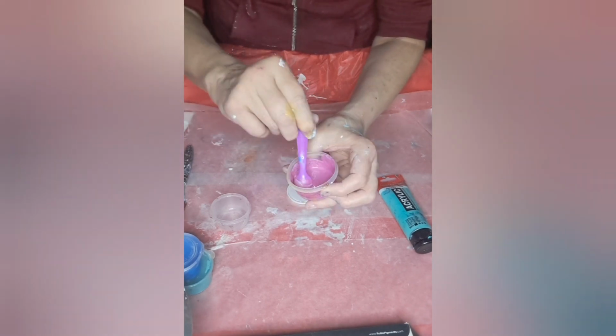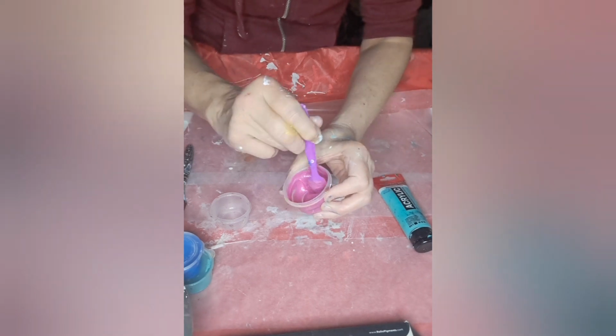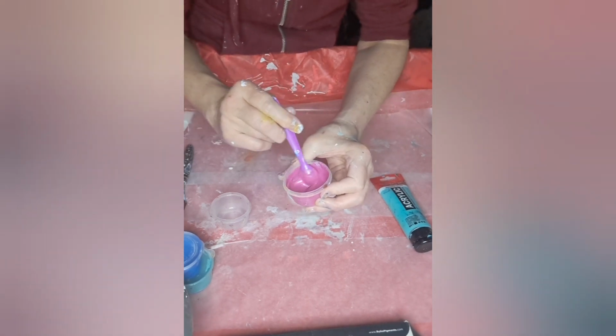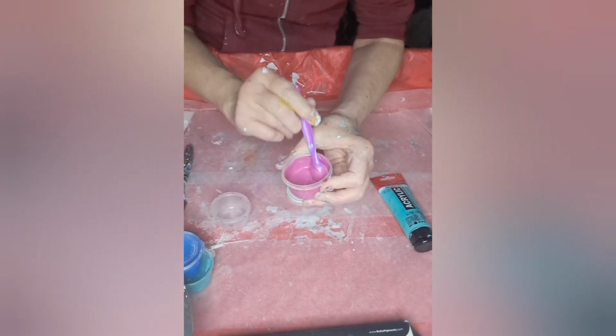Make sure you take your time stirring this. Don't whip it. Don't beat it. Because I'm telling you, the first time I did this, I'm like, oh no, what's going on here? Why does it look like that? And the beautiful thing about this is